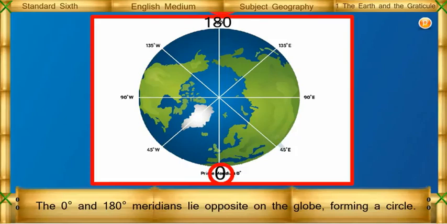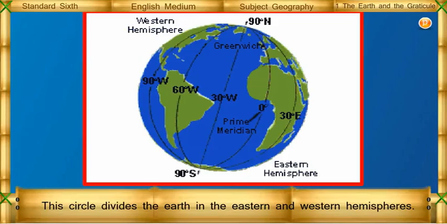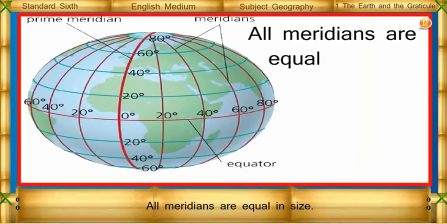The 0-degree and 180-degree meridians lie opposite each other on the globe, forming a circle. This circle divides the earth into the eastern and western hemispheres. All meridians are equal in